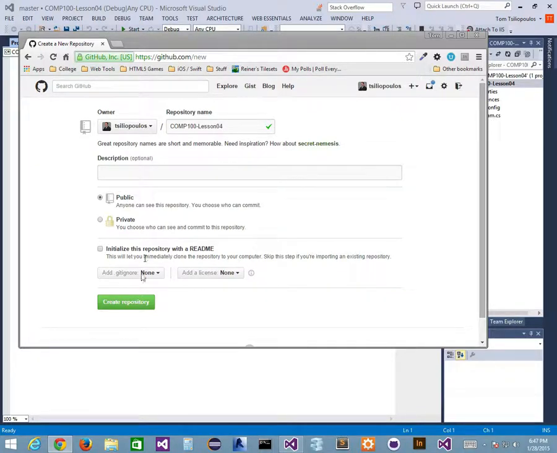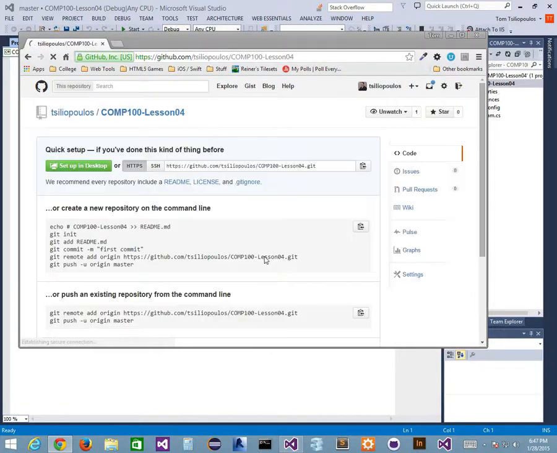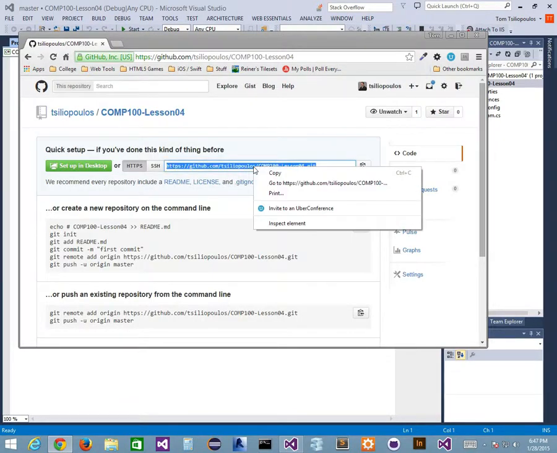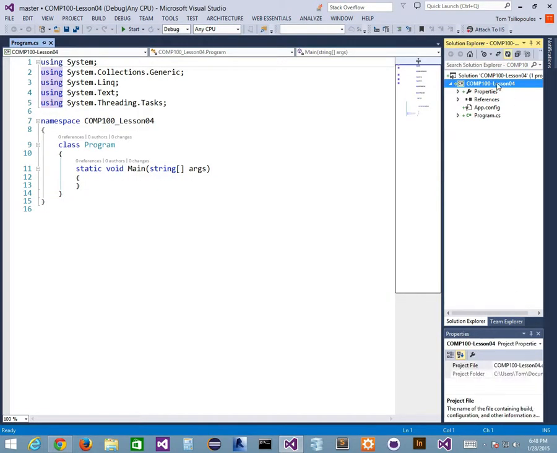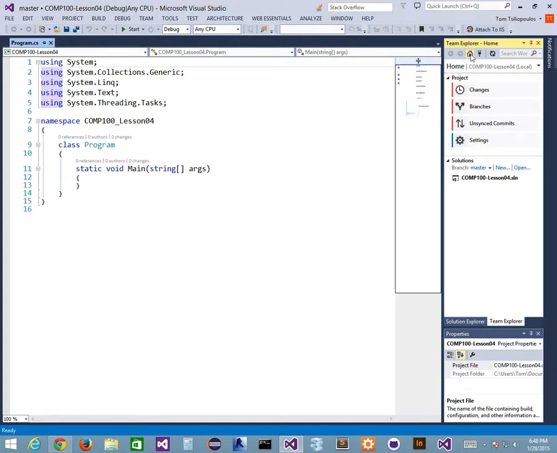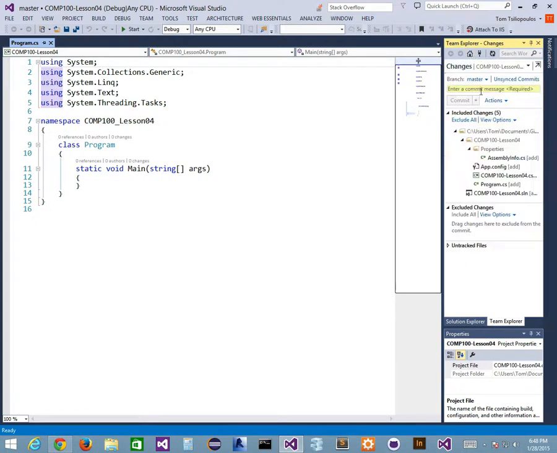Okay, so I'm going to create this repository. I'm going to use create repository. I'm going to accept it, and I'm going to grab this link from GitHub, which is a URI. I'm going to put it here. I'm going to connect with my Team Explorer. So I'm going to go to Home, then Changes, and create a commit, which is a snapshot of what my files look like right now. My snapshot is going to say